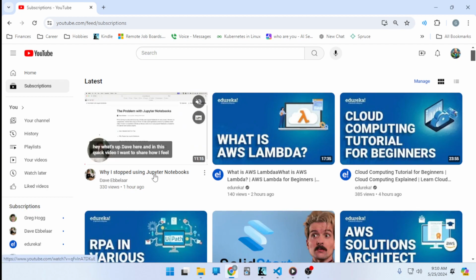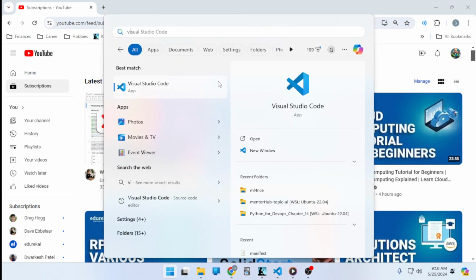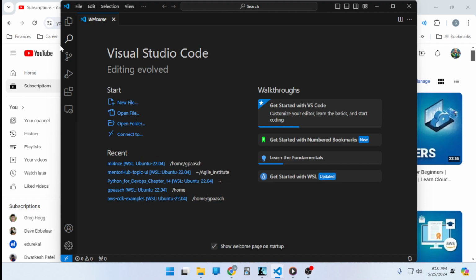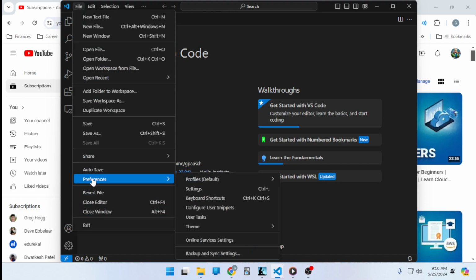Why I stopped using Jupyter Notebooks. So spoiler alert, he's kind of still using them. He's just using the VS Code features for them. So we could switch to that. That's fine. There's a special setting that he uses for